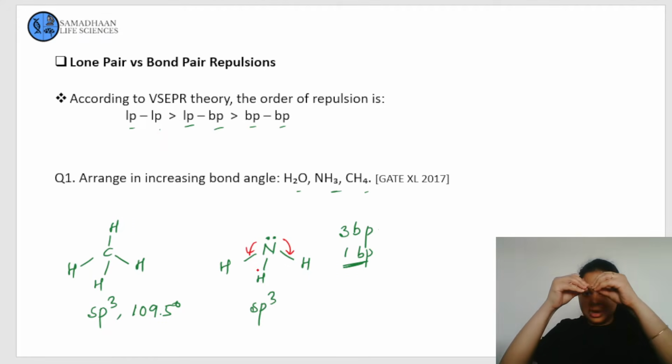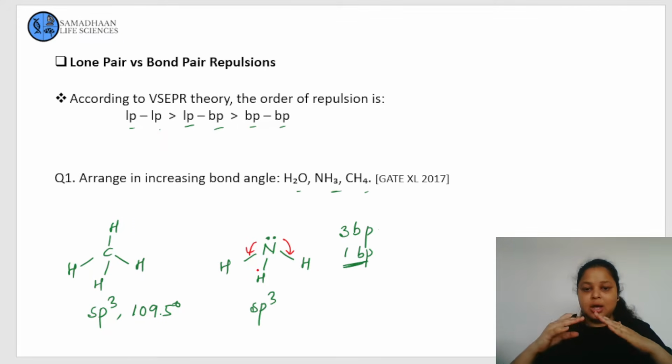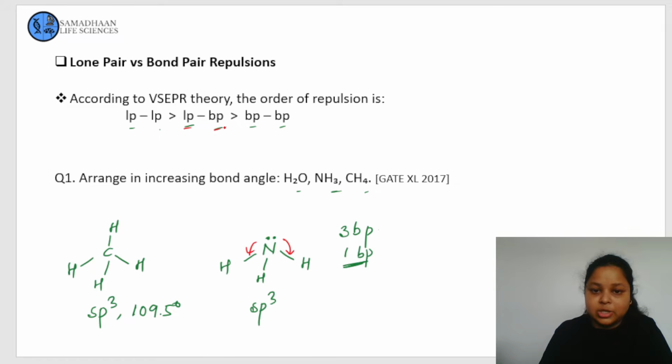So the lone pair on the nitrogen pushes the other three bonds closer to each other because it repels more. Lone pair bond pair repulsion is more. So that's why the bond angle is lower here than the ideal value, and the value is 107 degree for